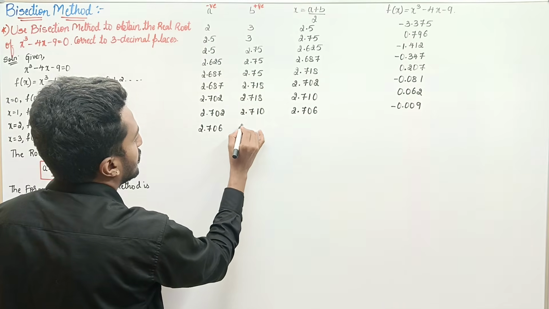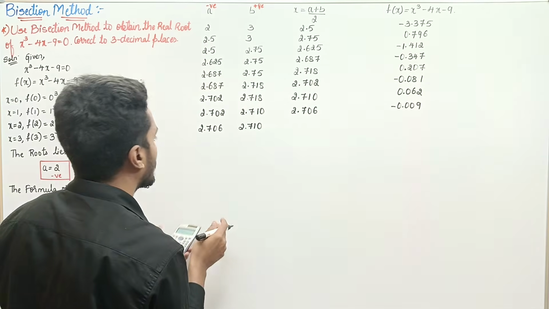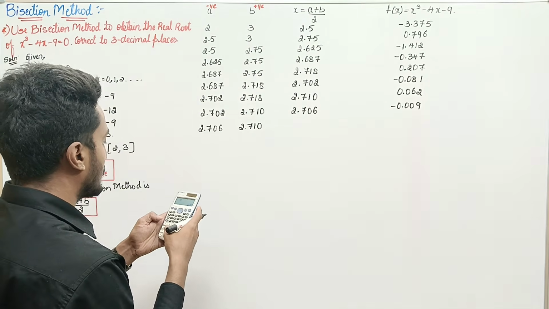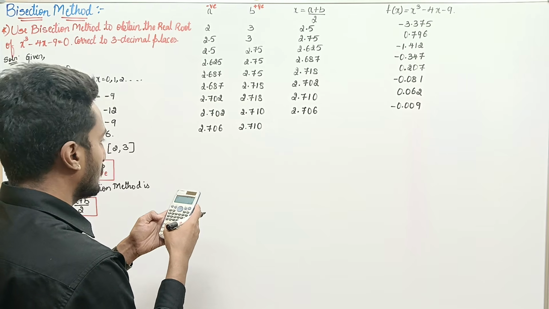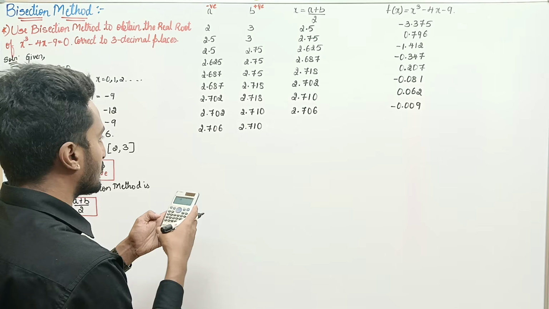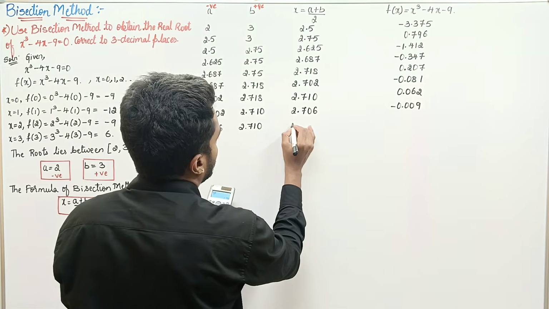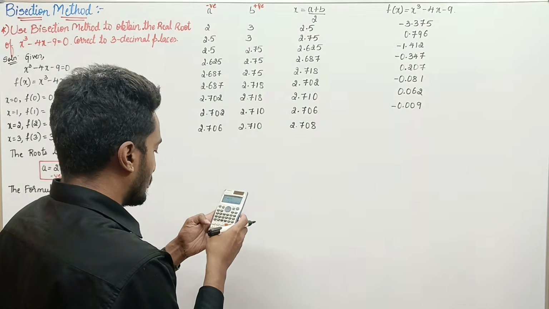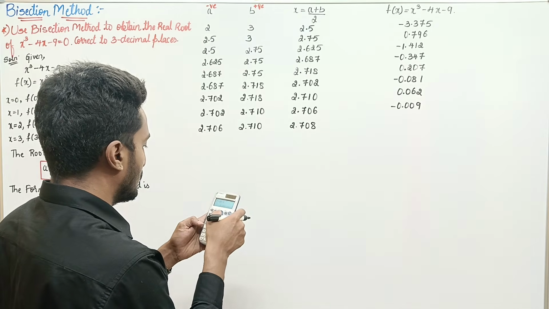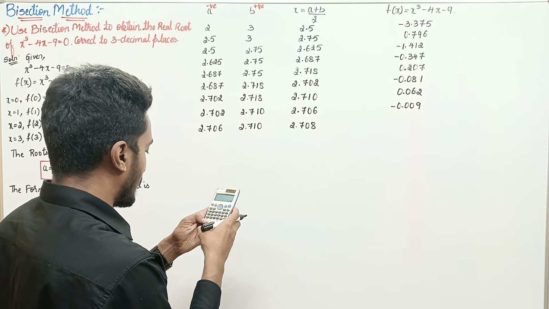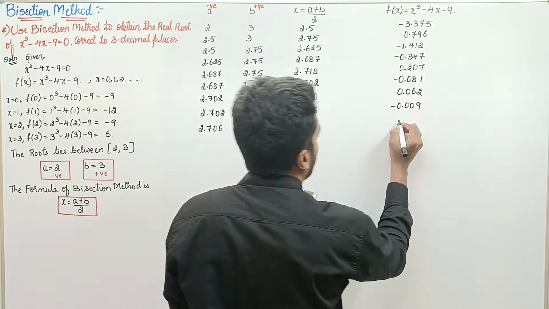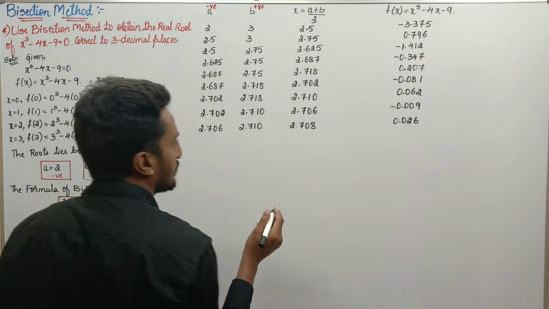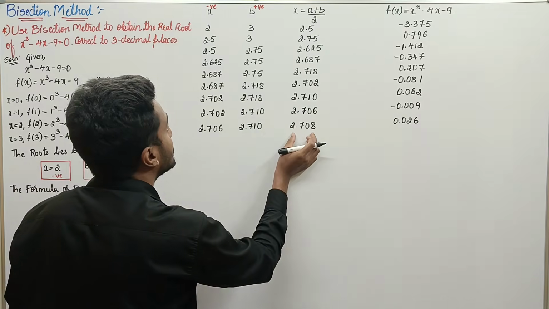2.706. This 2.710 remains the same. Press again A, calc 2.706 equals B, 2.710 equals, you get 2.708. Again function value, calc 2.708, you get 0.026. Done. Now since it is positive, again represent this in the positive term,